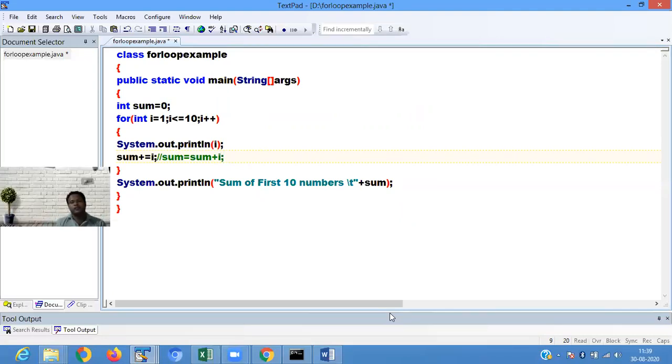Then it prints 3. Earlier sum 3 was stored, so sum equals sum plus i, 3 plus 3 is 6. Now the i value is incremented to 4, printing 4. Sum equals sum plus i, 6 plus 4 is 10. In a similar way the process goes on till i becomes equal to 10. So when you execute this program,